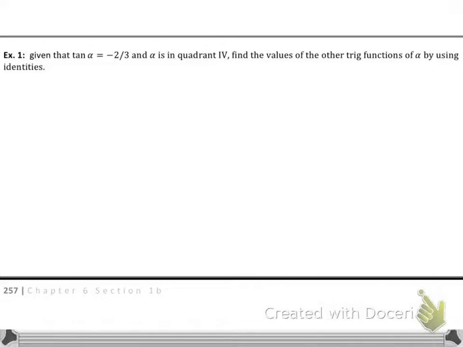So we're using the exact same thing. So most of this is just algebra, honestly. Most of this entire problem is algebra. Okay, so it says given that tan alpha equals negative 2 over